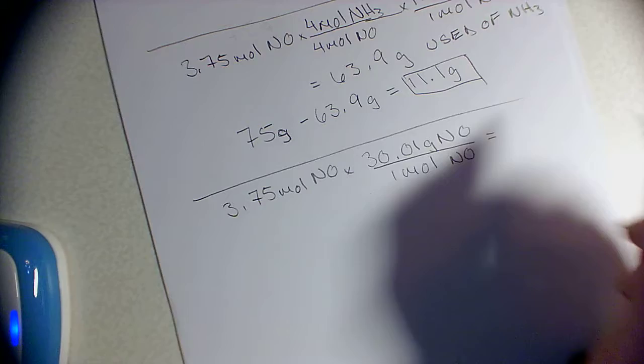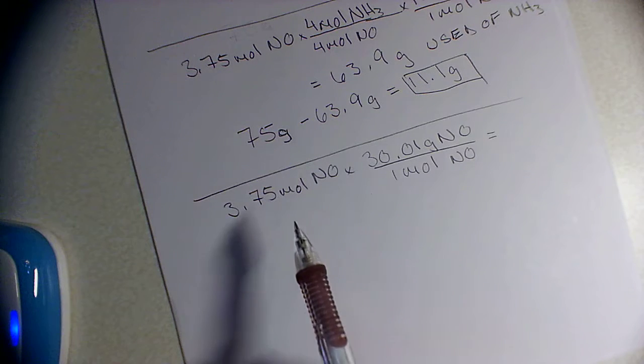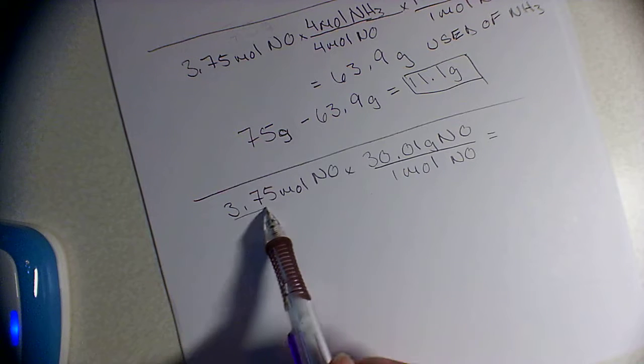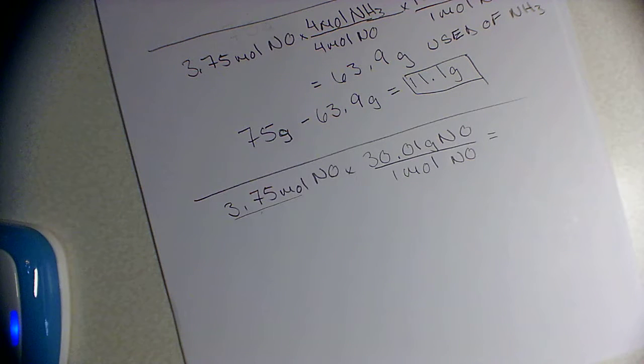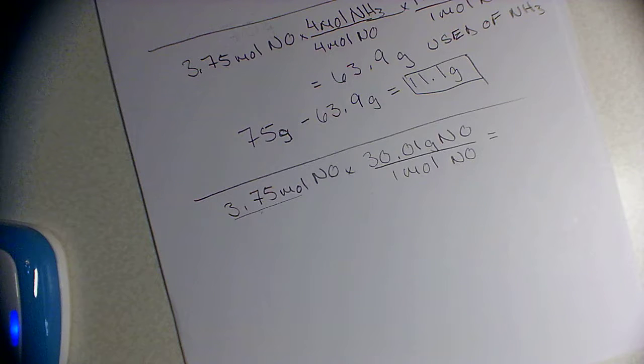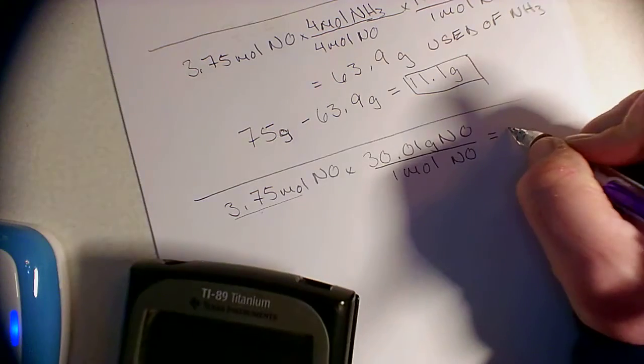I took my limiting reactant, and my limiting reactant said the most NO that I could produce was the 3.75. That's a perfect reaction. Running to completion, I would generate 3.75 moles. So now I want to know what's the mass that I'll produce. 3.75 times 30.01, and I get